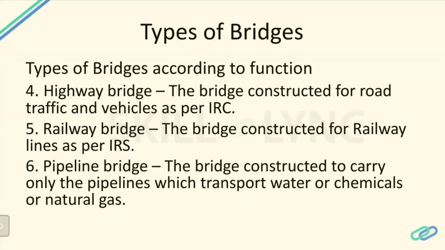And there are also pipeline bridges. You might have seen water infrastructure. There will be some tank, and we have to connect to a reservoir several kilometers away. What they will do is bring the water through a pipe, and they cannot simply lay that pipe on the road. On the road, it will be supported by thrust blocks, and if any obstruction comes, like a river or valley, they will put a bridge in that area, and above the bridge they put this pipeline. That is called a pipeline bridge.